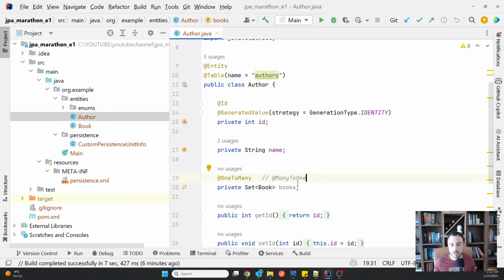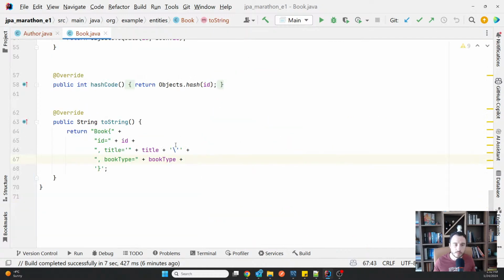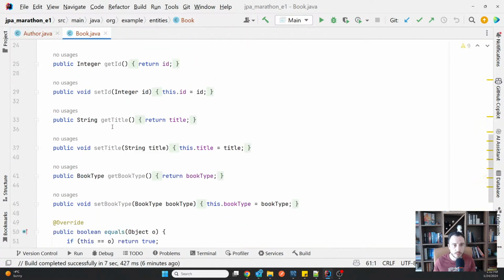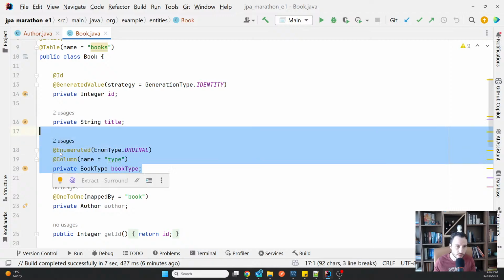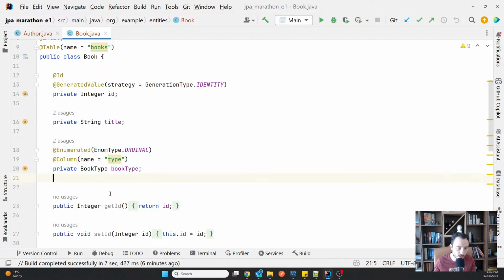Okay, so OneToMany, and then this can be the same as the OneToOne. You can go for a unidirectional relationship or for a bidirectional relationship. So I can leave it like this. I still need to go to the Book. I'm going to refactor it a bit as well. So I'm going to take out the author.